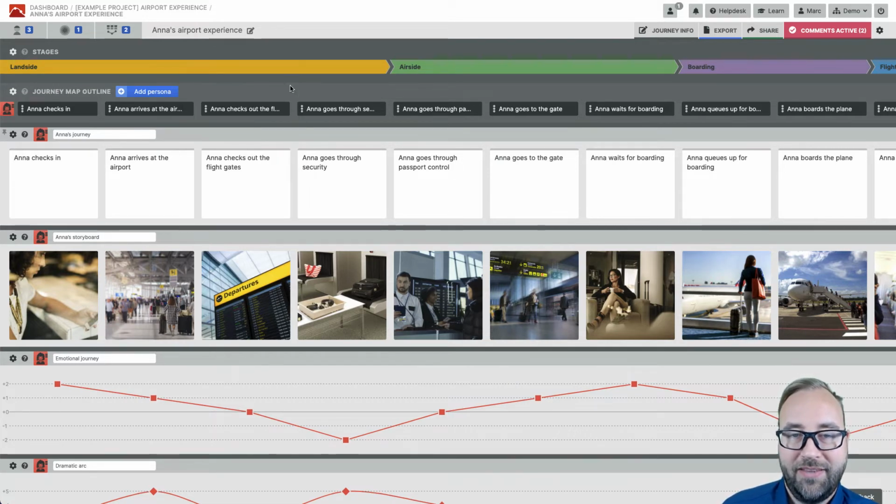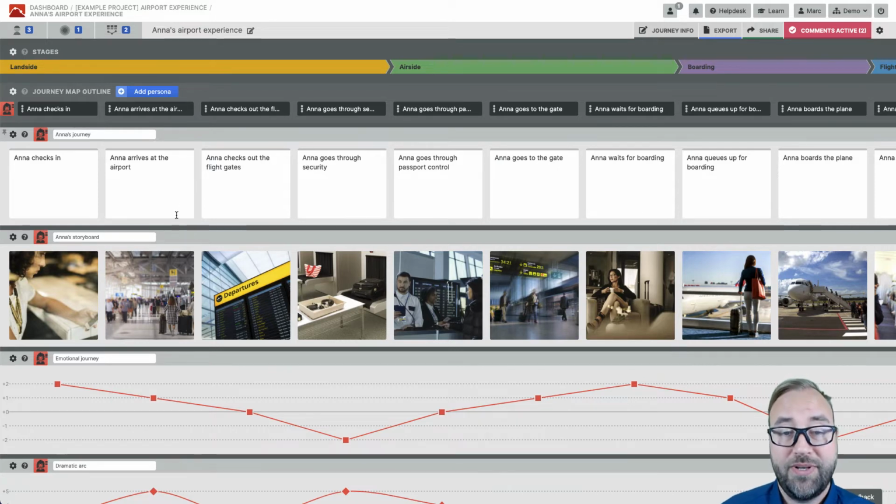And what's happening then is we get a copy of this journey, including all the different lanes that are connected to the journey of Anna. And you get a duplication to Tom. So that means you can change only what is different. You can use that to give a different context maybe to a persona, say current state, future state, and do a comparison there. I'll show you how a map looks like with two personas in a few moments, but first